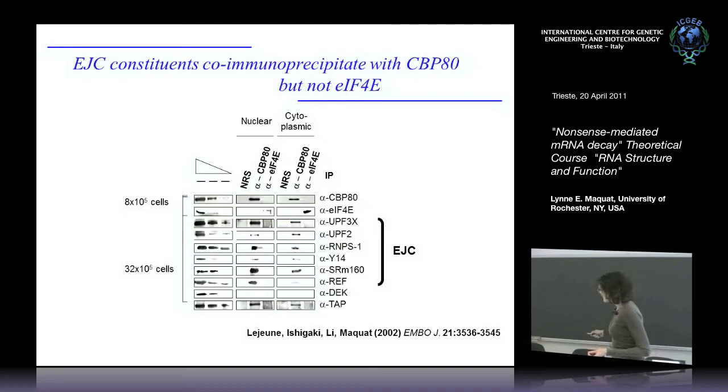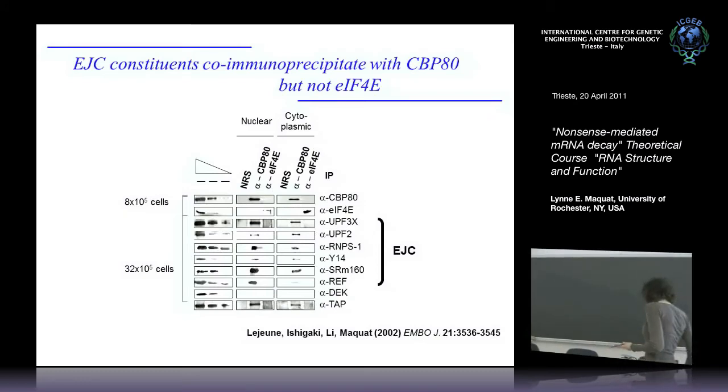And the EJC constituents were detected in the anti-CBP80 IP. They were not detected in the anti-eIF4E IP. And that's true for either nuclear or cytoplasmic fractions. So this was the first indication that the EJCs go out with newly synthesized CBP80-bound mRNA into the cytoplasm where